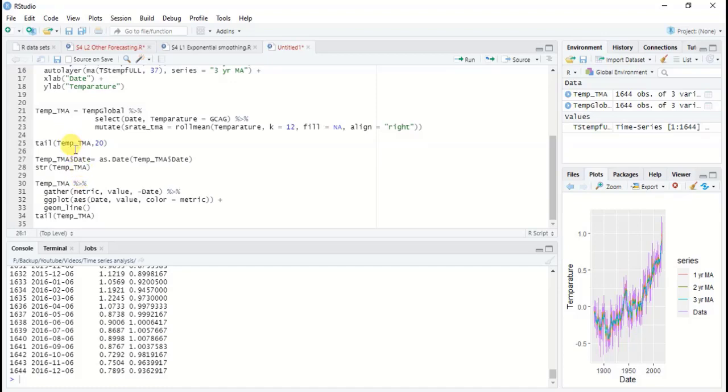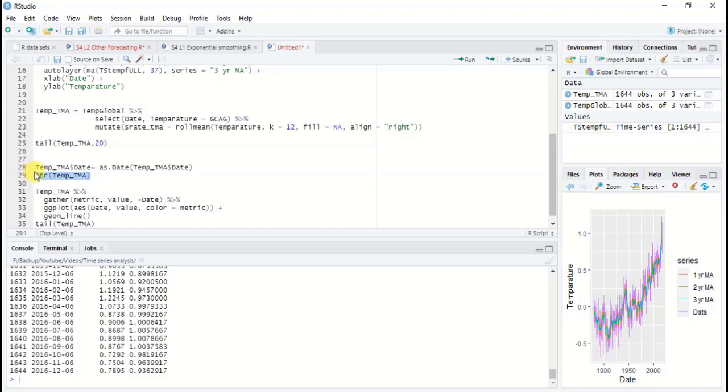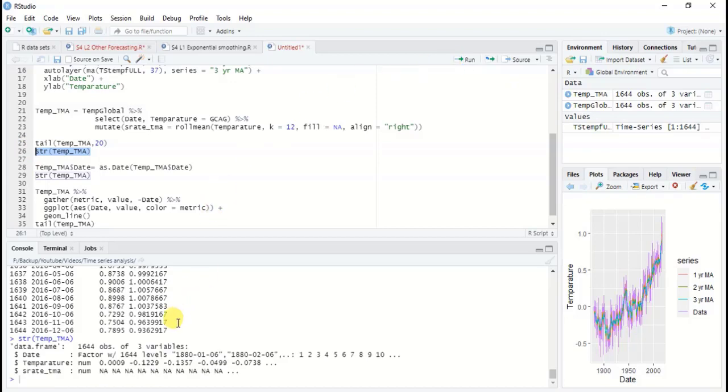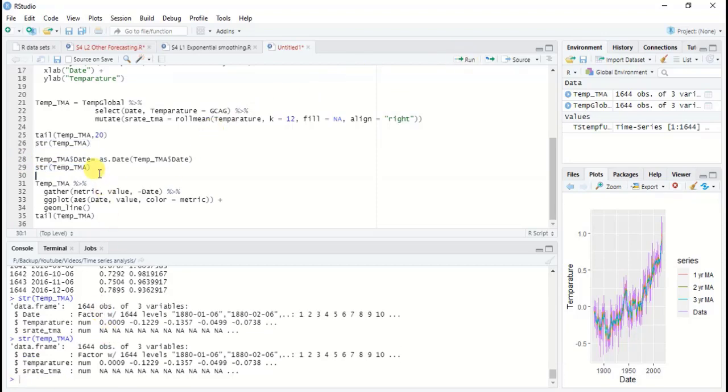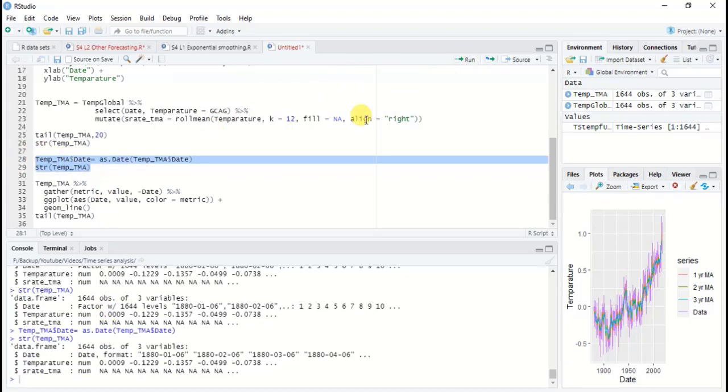If you look at this before converting and run it, you can see the date as a factor. In these occasions you can't actually conduct the ggplot. Therefore I convert it into a date variable, and then you will see the date variable is converted into a date format. Now if you print or plot this,